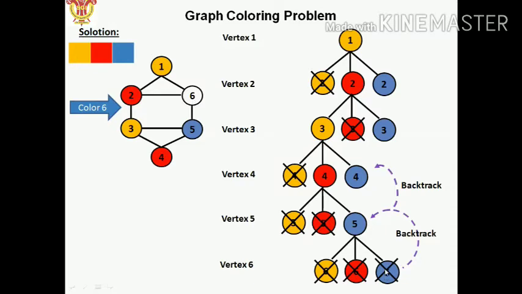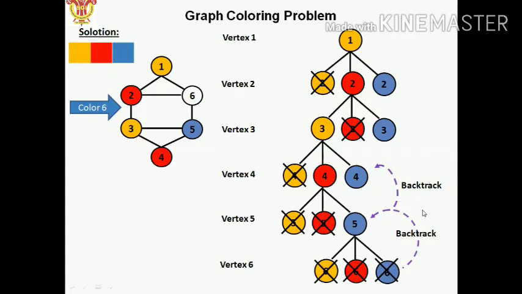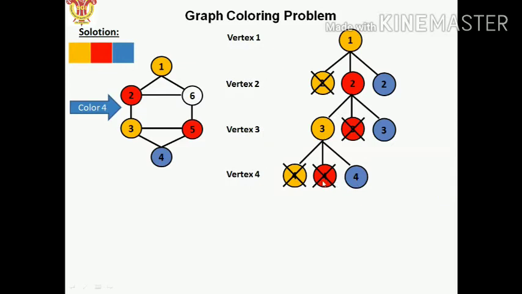So I'll have to backtrack to this place, backtrack to this place, backtrack to this place, then I will come back to here itself. In the diagram it shows we are going here itself. So this path will be discarded fully, this path will be discarded fully, and now we are going to consider this path.